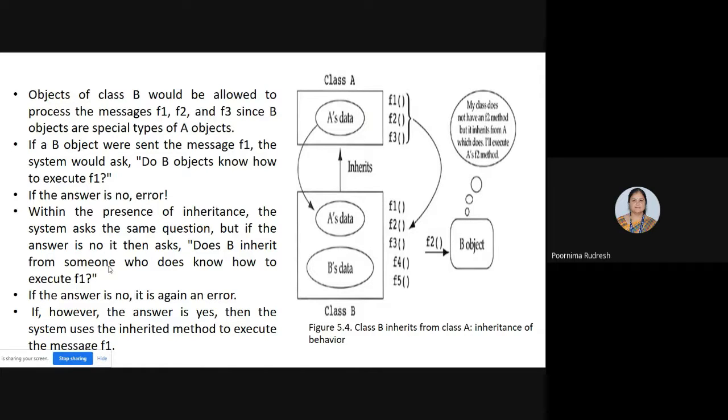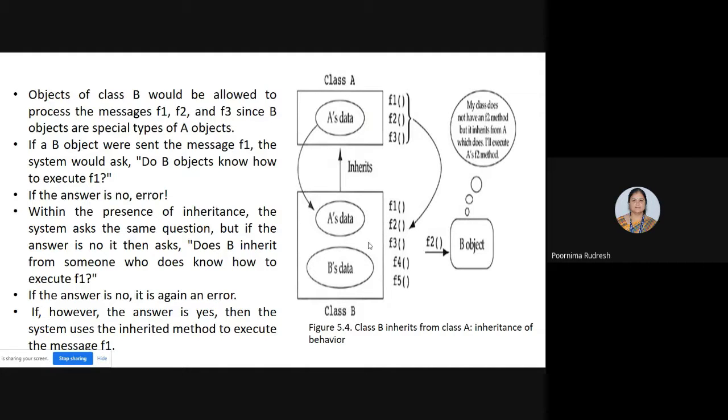But if the answer is no once again, then does B inherit from someone who does know how to execute F1? So suppose B is sent the message F1, and if B doesn't know how to execute it, then the system may ask whether B inherits from some other class that does know how to execute that function.